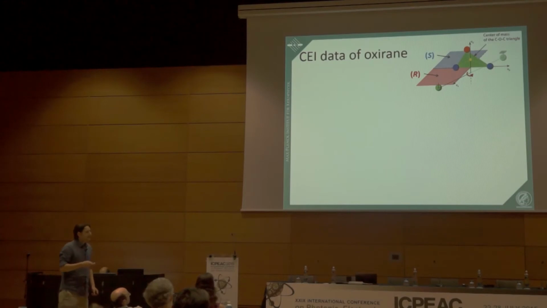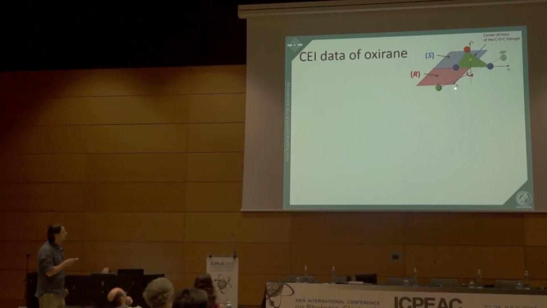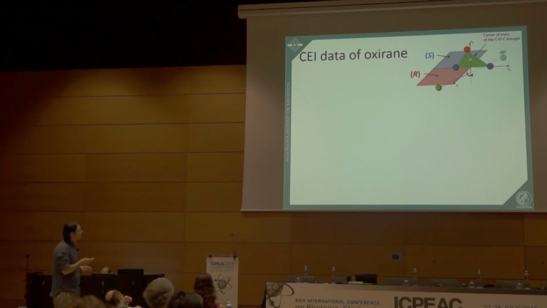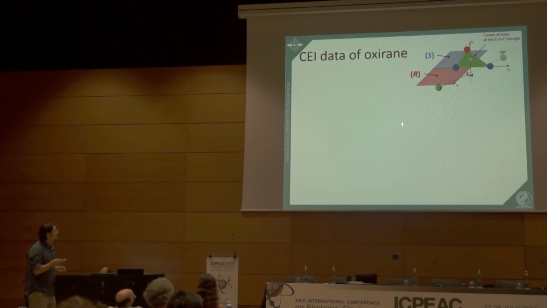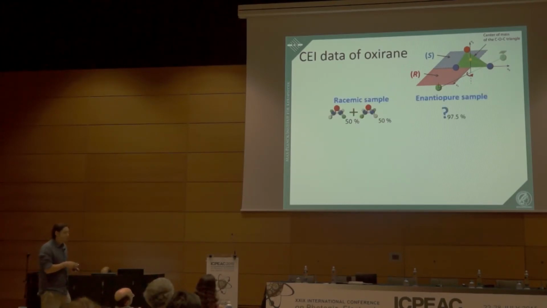y-axis, and then we additionally symmetrized the position of the detected D, since we didn't know which D we actually detected. Then we went further and projected the position of the D into this XZ plane, and then the quadrant in which the D lands tells you, is it the R configuration? This would be then this quadrant of this XZ plane, or the S, if it is the S configuration. We actually measured two samples, a racemic sample and an enantiomer sample.